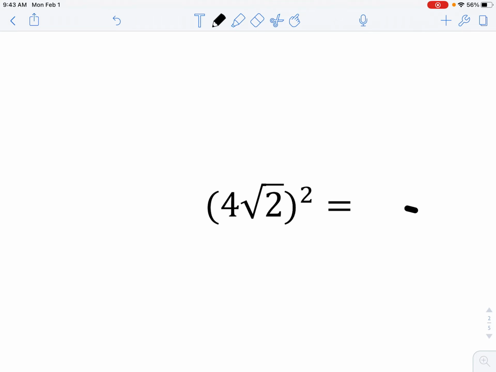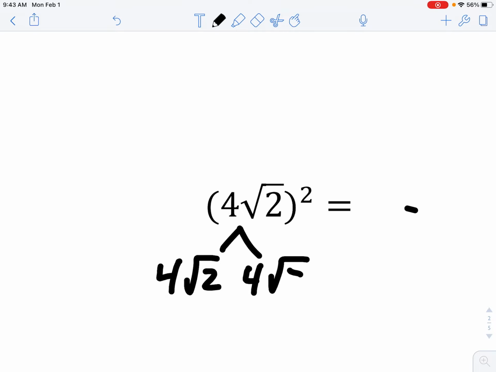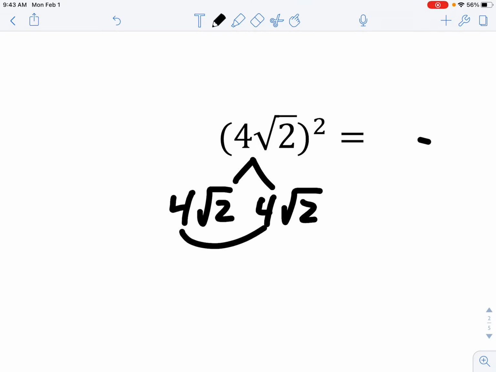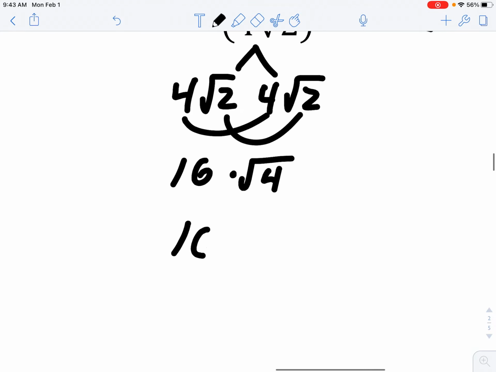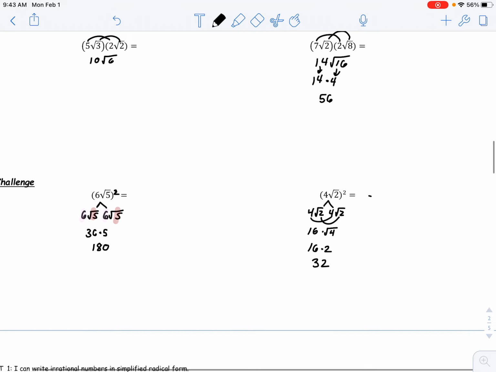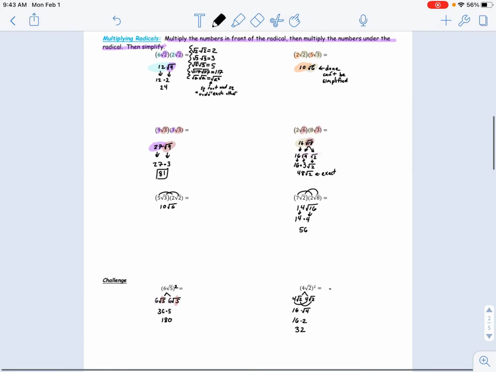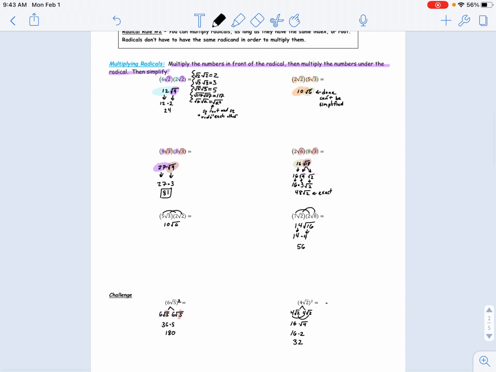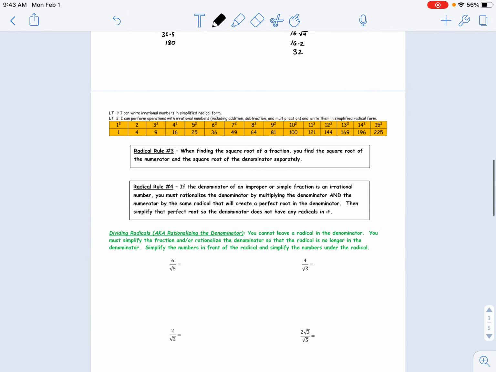Similarly, maybe we'll attack this problem a little differently, be a little bit more thorough in our work, but we get 4 radical 2, 4 radical 2. 4 times 4 is 16, radical 2 times radical 2. We know it's 2, but let's just emphasize why it's 2, because it's going to become 6 radical 4. Well, radical 4 is just 2, and then 32. All right, so that's how you multiply radicals. Pretty cool stuff. The last one's going to